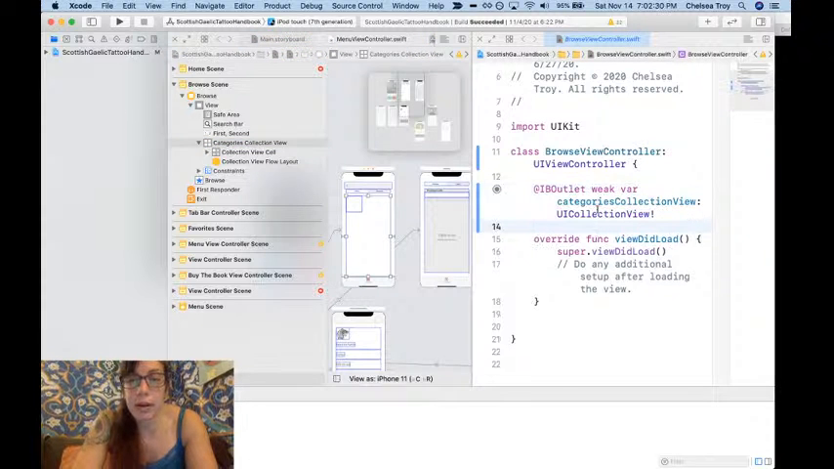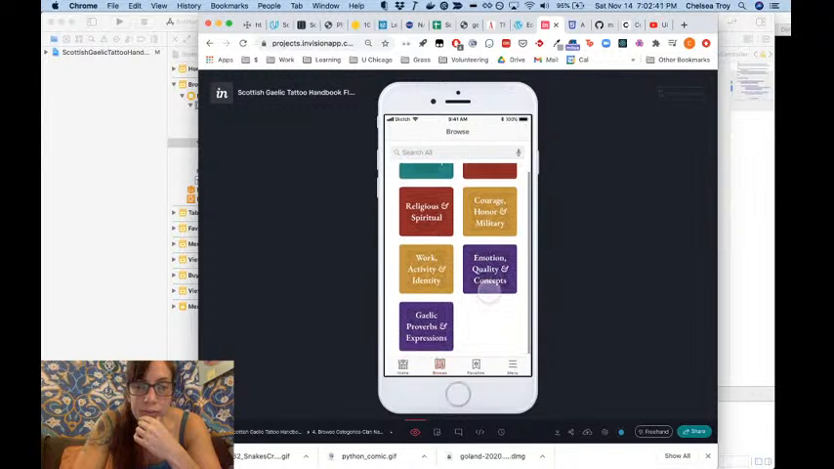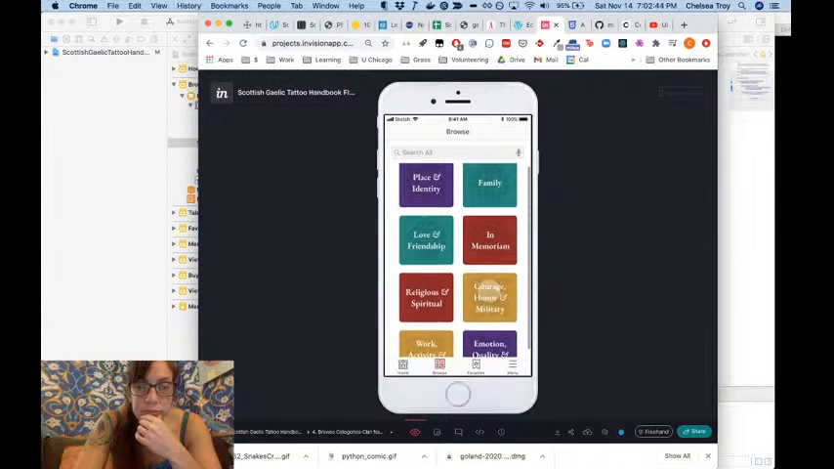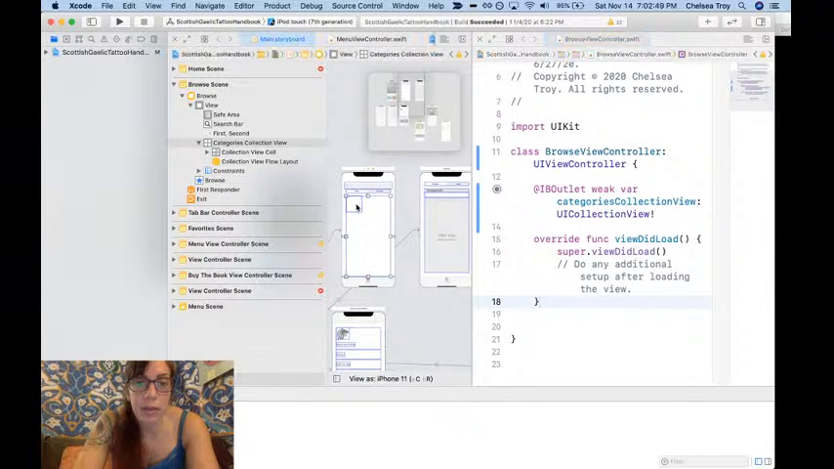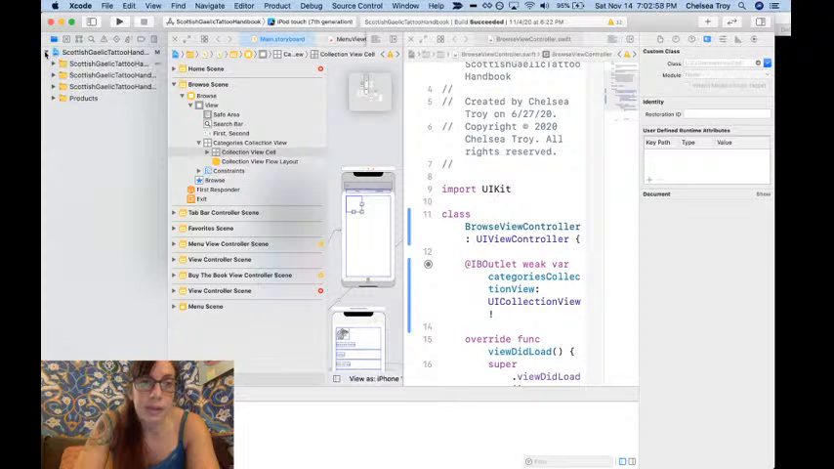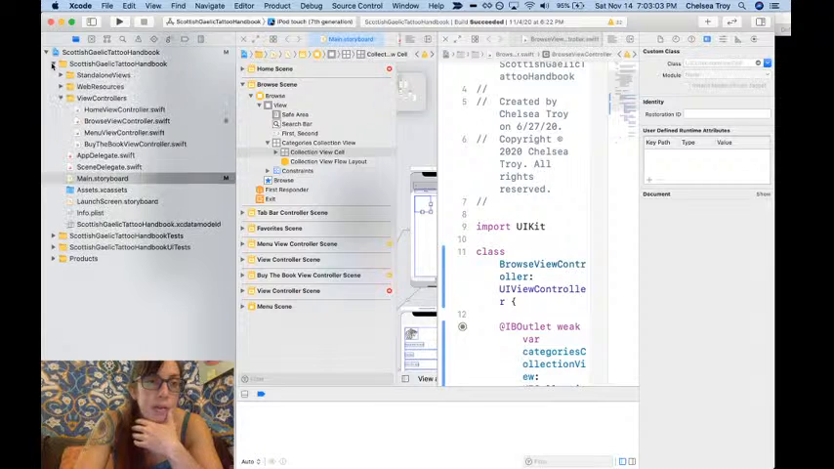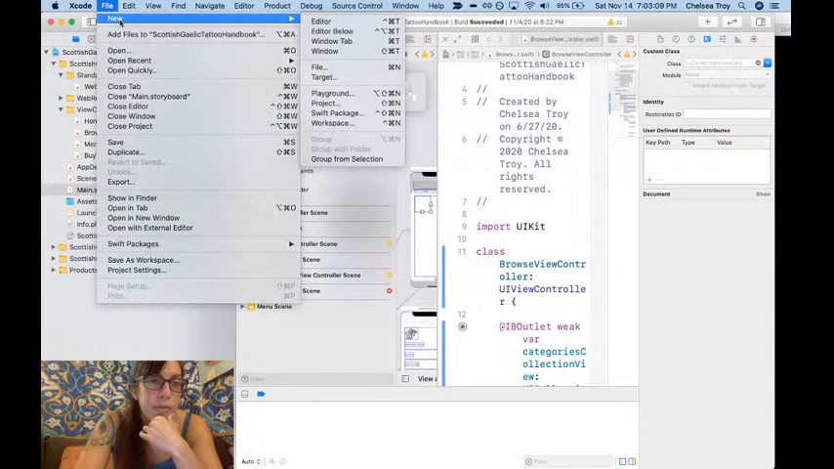All right, so now we've got our collection view, which will ultimately put stuff in. Let's go take a look at this design. So we have all these different colors. Figure out how to do the colors later. In the meantime, let's go ahead and make a custom cell type. So here's what we're going to do for that. What are our different things here? Scottish, Gaelic, Tattoo, Handbook, standalone views. So we'll do that. We'll make a new